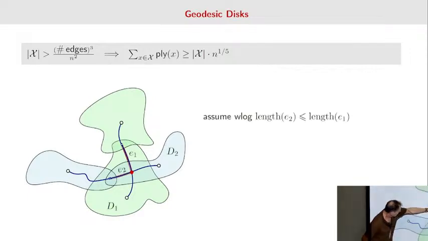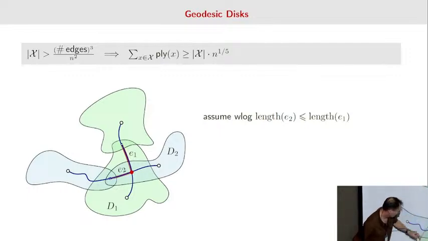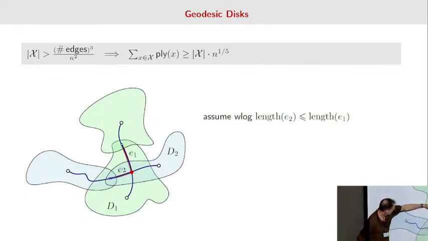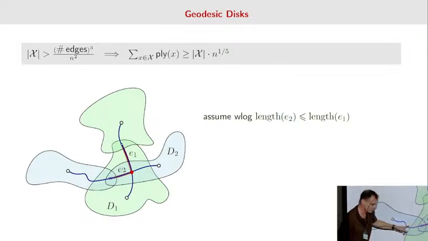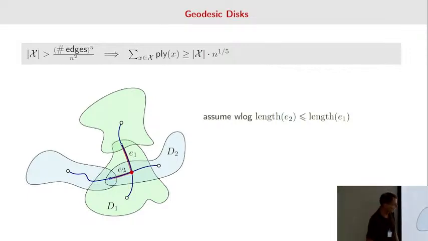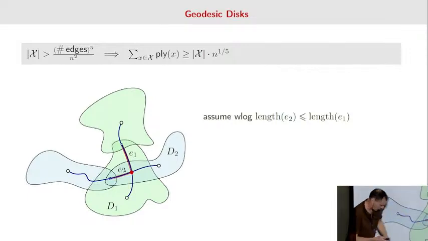Now look at these two sub-edges, and suppose that this one is shorter than that one. And this point is a point that is in the common intersection of these two things. This here is sort of the midpoint, meaning in the common intersection of these two things. So this is completely contained in this object, and this is completely contained in that object. But then, if this is shorter than this,